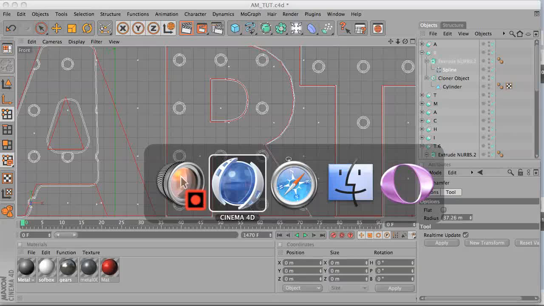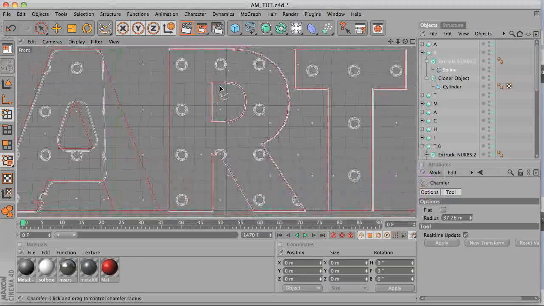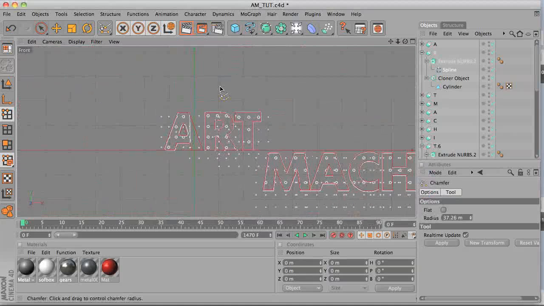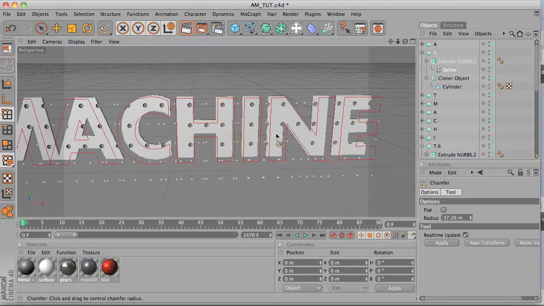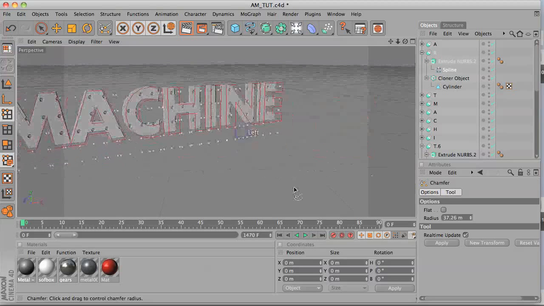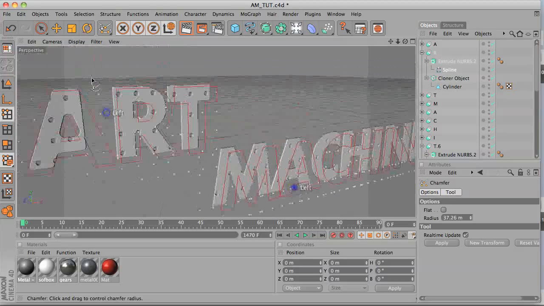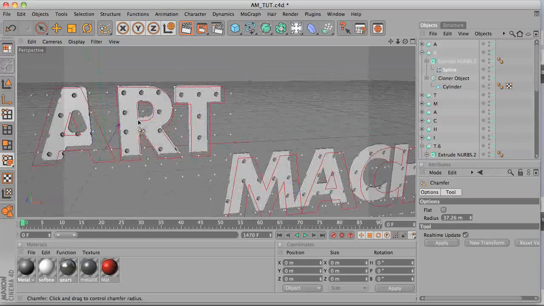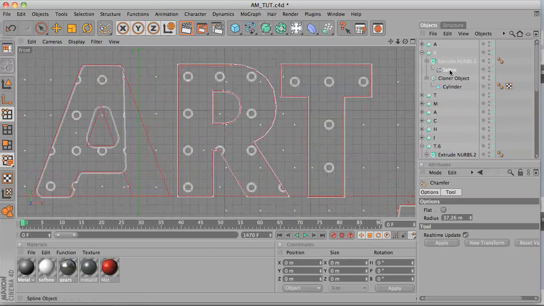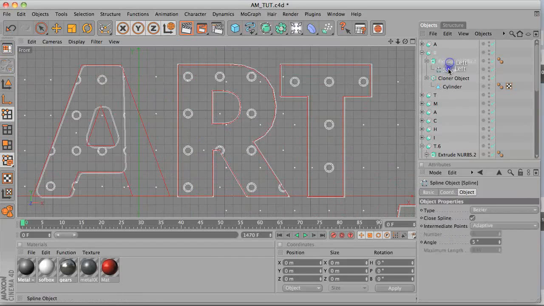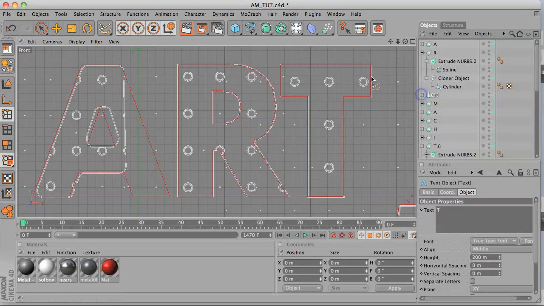All right, so I placed all of our text bits in place here, as you can see. And it's all looking pretty good, except we want to make them all rounded edges and maybe missing parts to look like this first one. So I'm going to go into the front view, F4, and I actually went in here and hit C on my text. So it's no longer dynamic, it's just a spline. But now we can